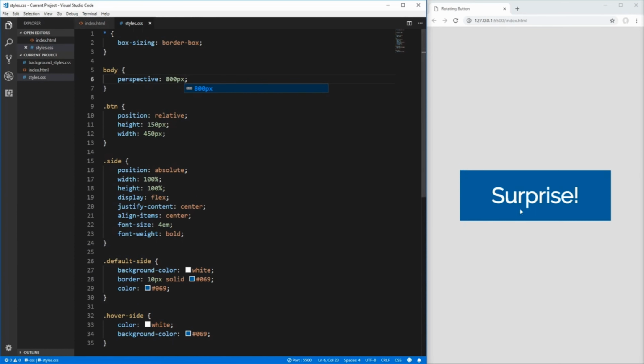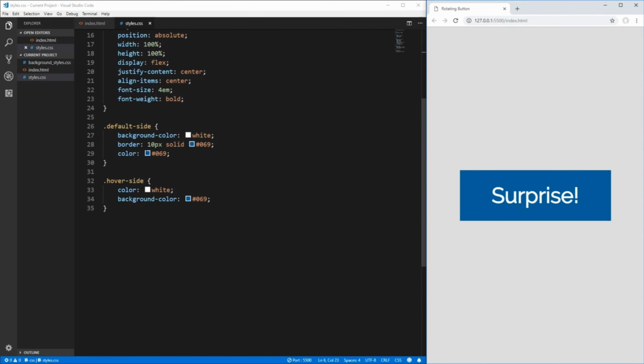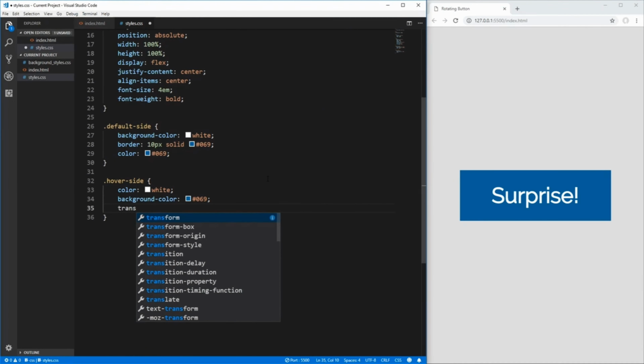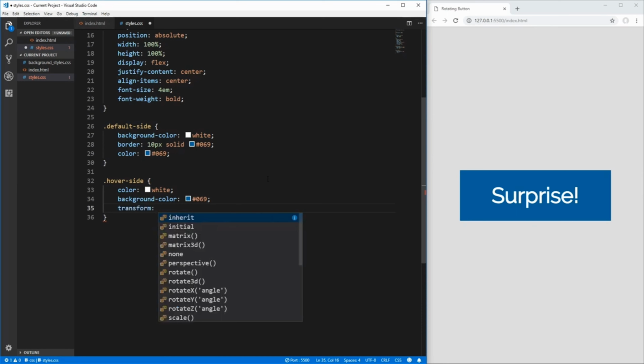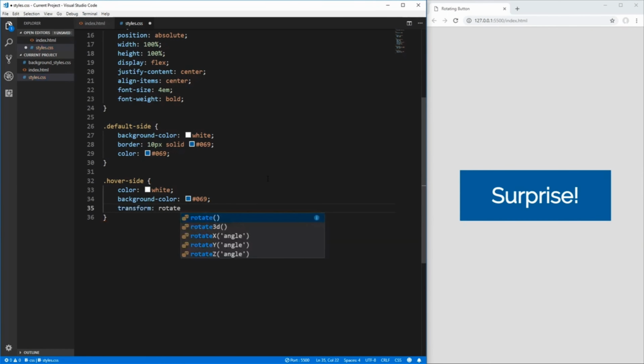The next thing we need to do is take this top face here and we need to rotate it so that it's going to be on the top of our button instead of in the front. To do that, we just go down to that side that is specifically for this, and we use the transform selector, which allows us to translate, rotate, and move our objects in ways other than just styling them with the widths and heights. So in here, we're going to use rotate, and we want to rotate on the x-axis. So we do rotateX, and we'll give it 90 degrees as our value to rotate since we want it to rotate 90 degrees above our other button. And if we save that,